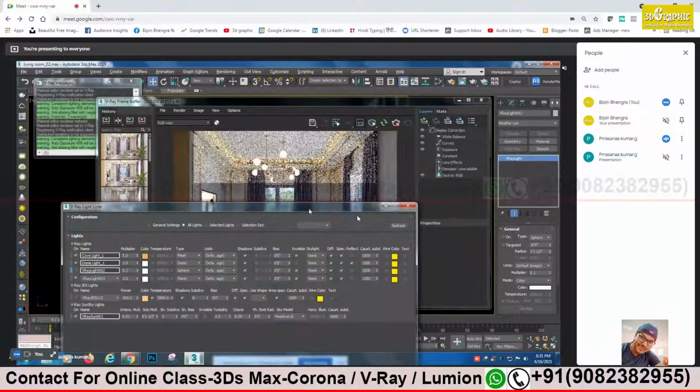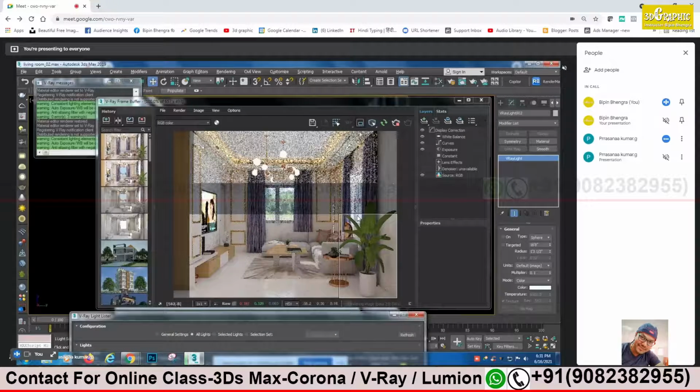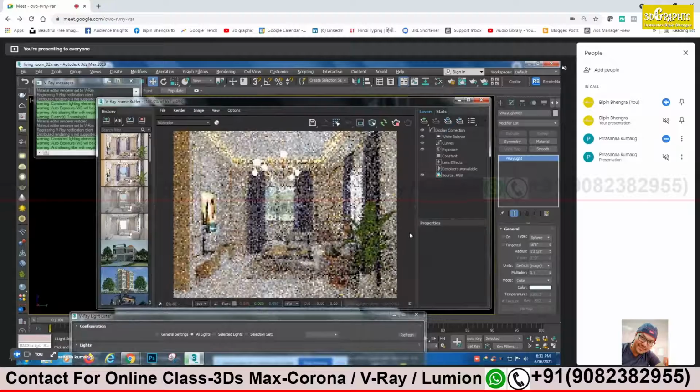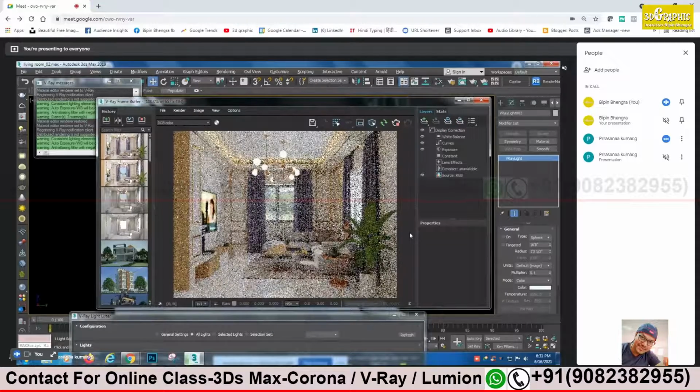Now it's good. We'll see with the IS lights. Yes. Finally, we have to check. First, do one thing. Don't turn on the IS light. First, take a complete render without the IS light. Stop and take a complete render. Let it come. We will save this and then we go for compare. Yes, compare. Then we will compare